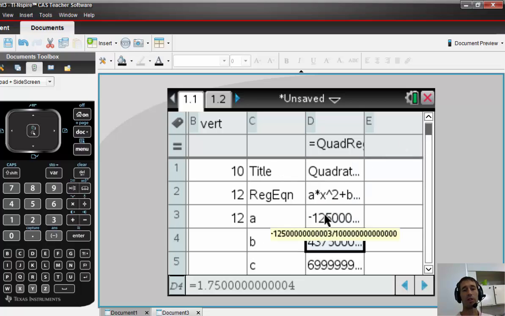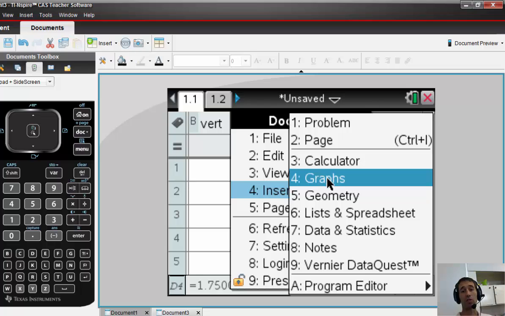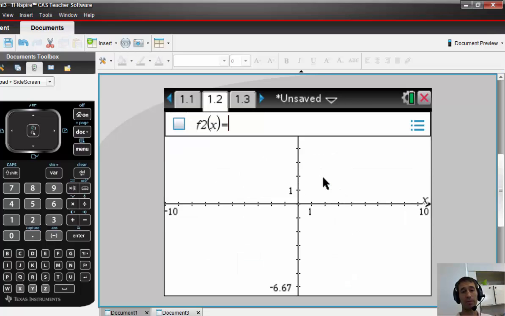I'm not really concerned about those right now. I'm going to go to my graph now, where I can do my different calculations. We need to insert that graph now. So we can go to Document, Insert, and Graph. There isn't anything on our graph yet. But if I press the up button,